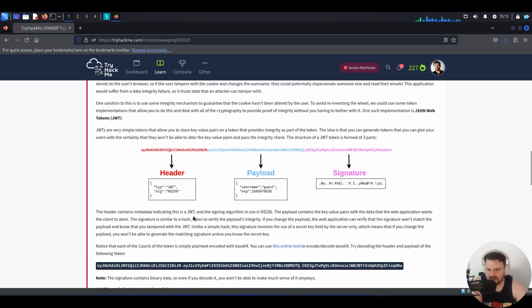The header contains metadata indicating this is a JSON Web Token, and the signing algorithm used, HS256. The payload contains the key-value pairs with the data that the web application wants the client to store. The signature is similar to a hash taken to verify the payload's integrity. If you change the payload, the web application can verify that the signature won't match and know that you tampered